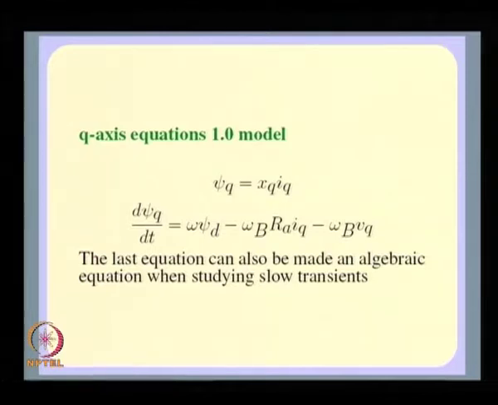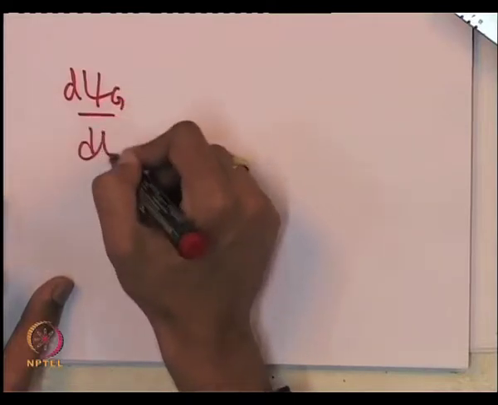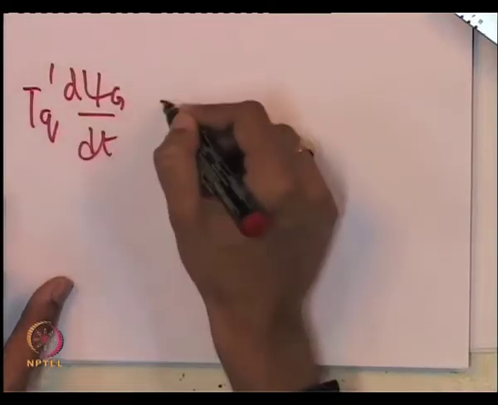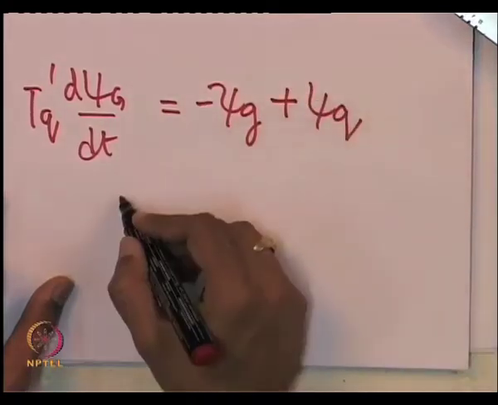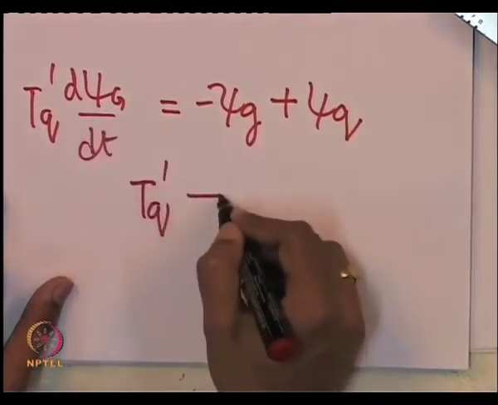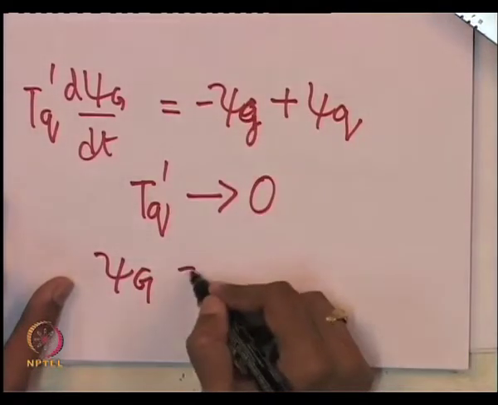Basically, if you have R g tending to infinity, that is you are opening the last remaining winding of the q axis, in that case T q dash tends to infinity, and in that case we can convert the differential equation corresponding to the g winding, that is d psi g by dt T q dash is equal to psi g plus psi q, and if you set T q dash tending to 0, in that case you will get psi g is equal to psi q,